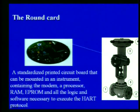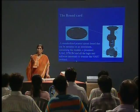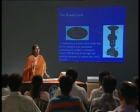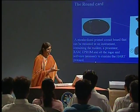Then you can see a control valve here. In this, a round card has been shown. What does it contain? You can mount it on this control valve. It contains a modem, so you can communicate. It contains a processor, memory, RAM, EEPROM, and all the logic and software necessary to execute the HART protocol. It's a small simple thing you attach on the wall. It can be connected to your HART bus also, and